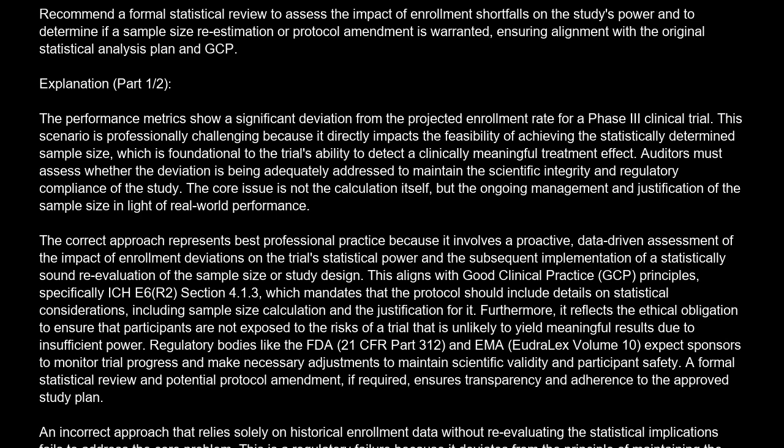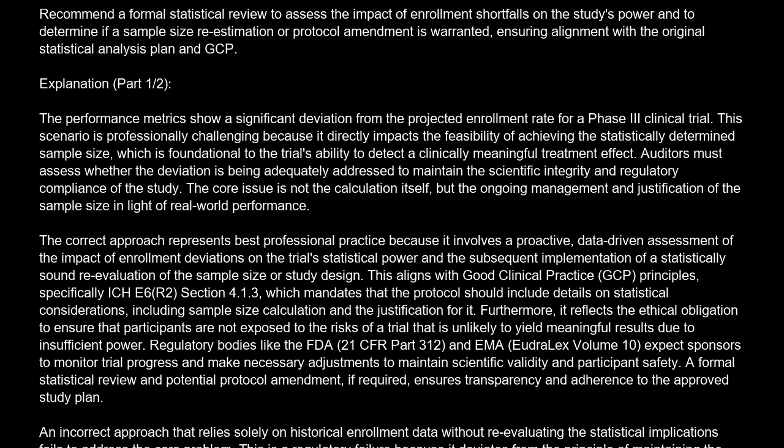Explanation. The performance metrics show a significant deviation from the projected enrollment rate for a phase III clinical trial. This scenario is professionally challenging because it directly impacts the feasibility of achieving the statistically determined sample size, which is foundational to the trial's ability to detect a clinically meaningful treatment effect. Auditors must assess whether the deviation is being adequately addressed to maintain the scientific integrity and regulatory compliance of the